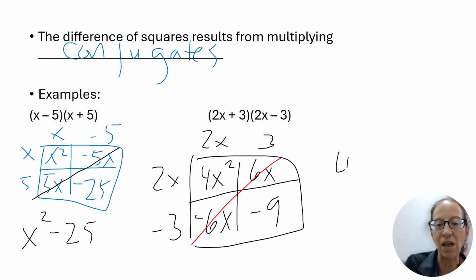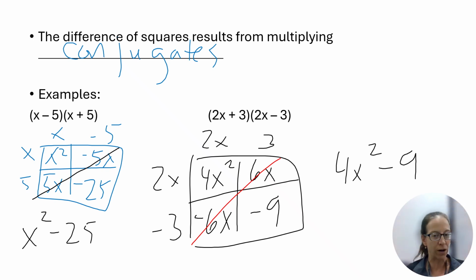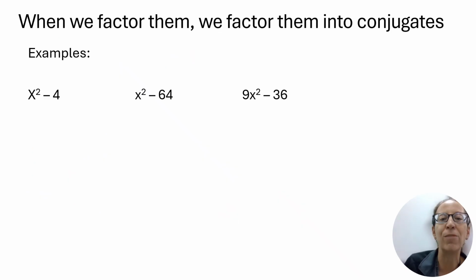And the things that I am subtracting now are perfect squares. 4 is 2 squared. X squared is x squared. And 9 is 3 squared. And so that's where we get these difference of squares from. So they always come from multiplying conjugates. Therefore, when we factor them